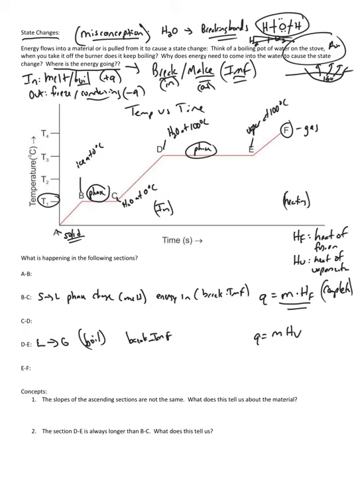Okay? The other sections, A to B, this is where the ice is heating up. And what's happening here, conceptually, is the molecules are moving faster. Now, as a solid, the molecules can only vibrate. They can only wiggle because they're locked together by very strong intermolecular forces. But as I warm the ice up, the molecules begin to vibrate faster and faster and faster. Eventually, they vibrate so fast that they can break the intermolecular forces holding them together, and now the material begins to melt. Because we do have a change in temperature,